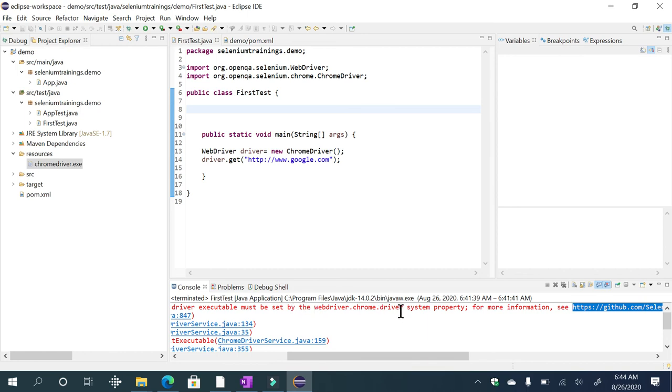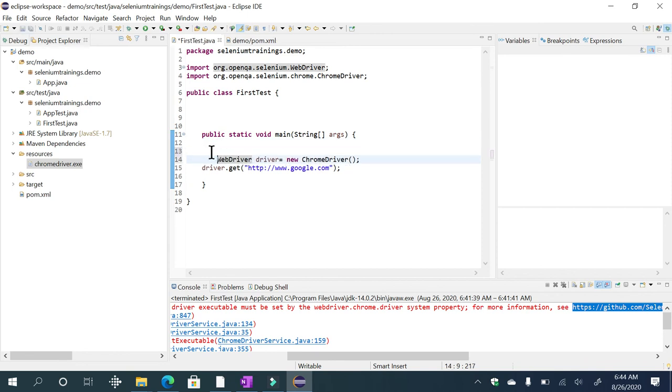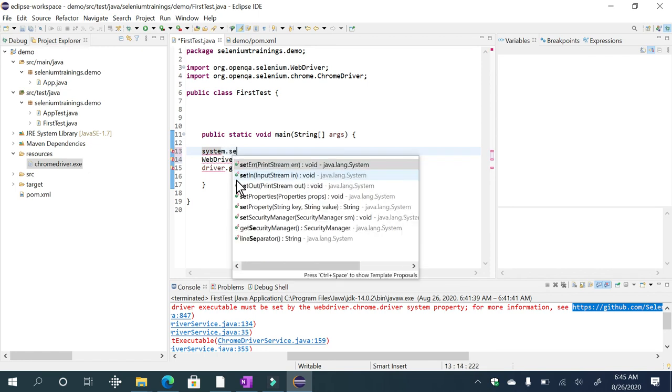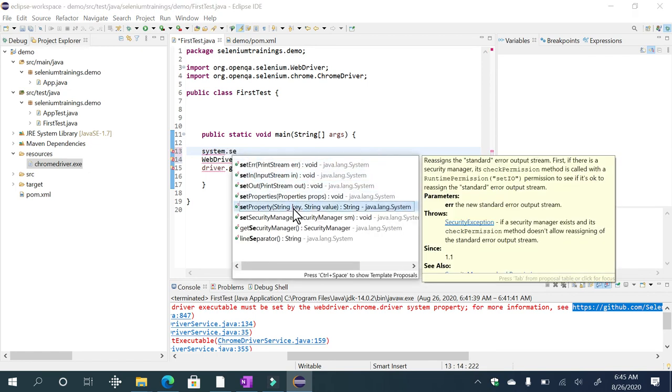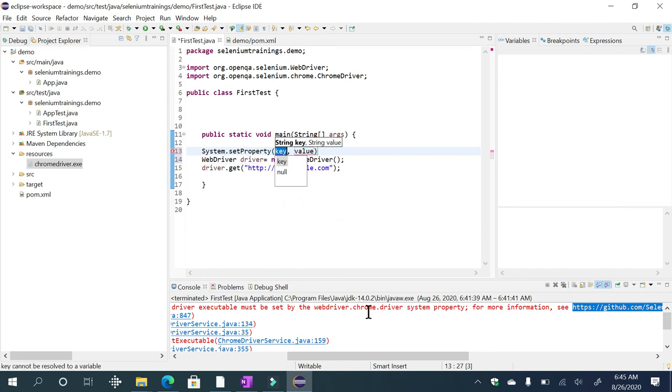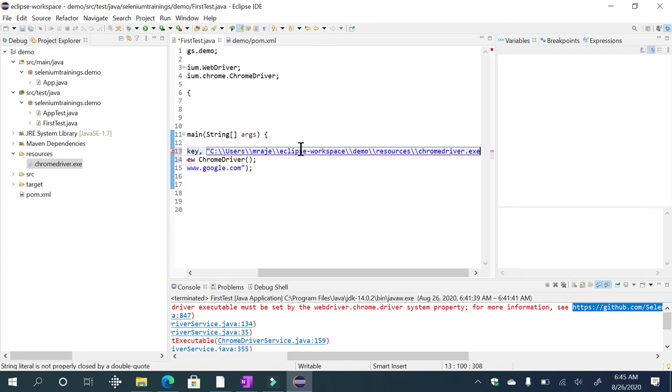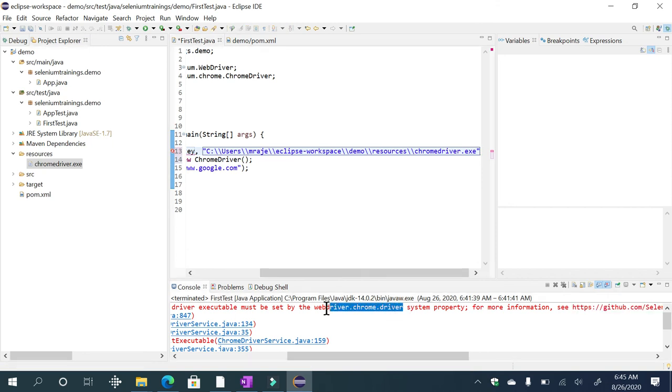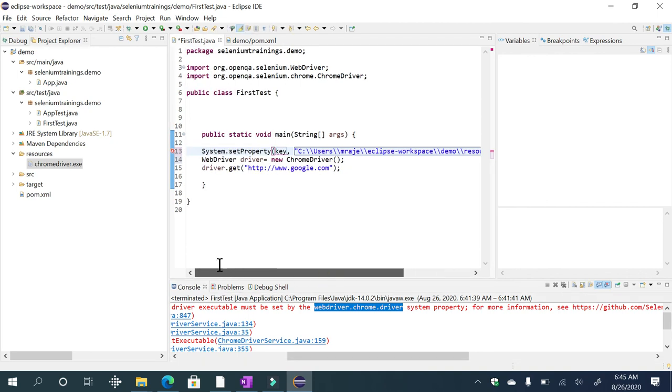To set that, on top of your WebDriver instance, you need to first set System.setProperty. And you need to give this path. Prior to that, I copied the path of chromedriver. First place this. Now use this system property key, webdriver.chrome.driver, Control C. Okay, the key is this.